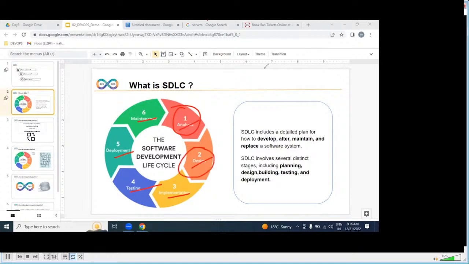Design is nothing but a plan. According to the plan, our developers will write the programming, either Java, .NET, Python, or anything. Once it is implemented and the software is ready, our testers will verify whether the software is in working condition or not.